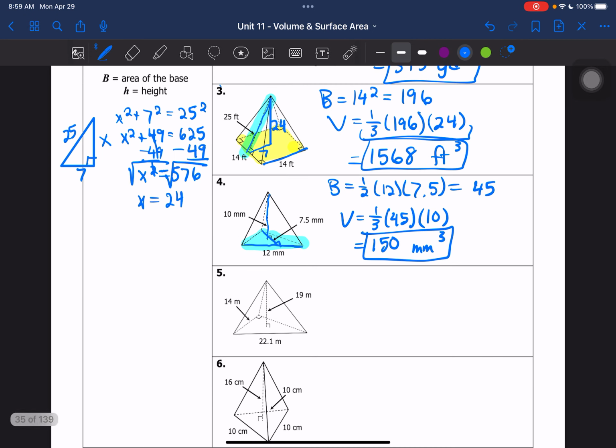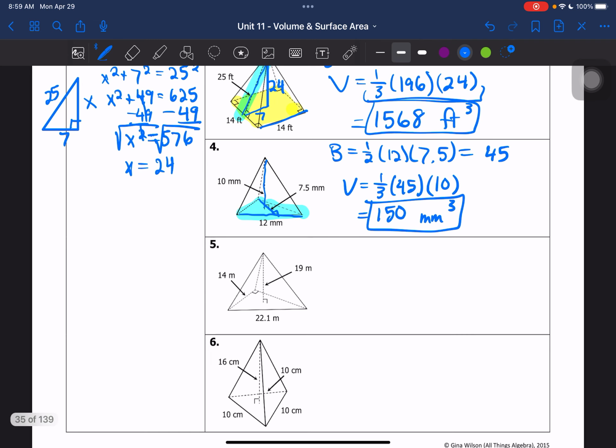Okay, now let's look at number 5. We have another triangular pyramid here. This is our base. And we would start by finding the area of that triangle. So 1/2 times base times height. Notice how this is a right triangle. So this could be the base and this would be the height of the triangle because that side is creating